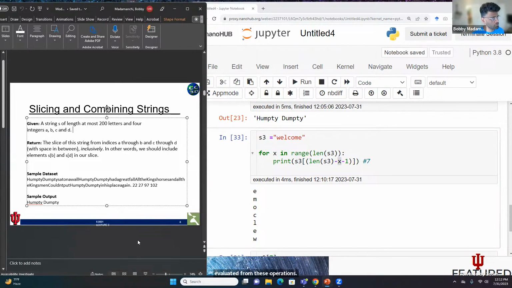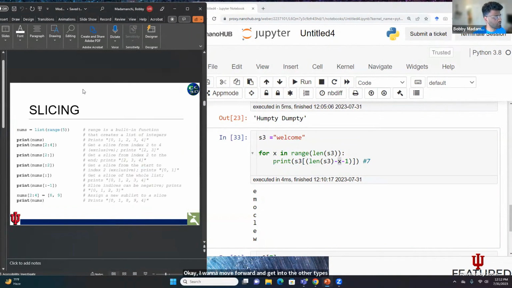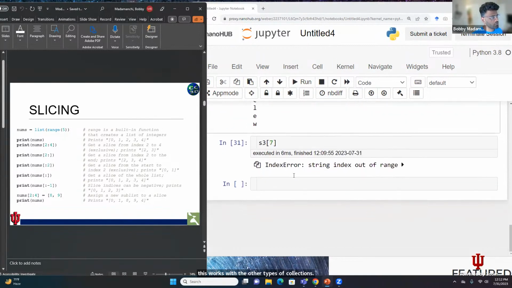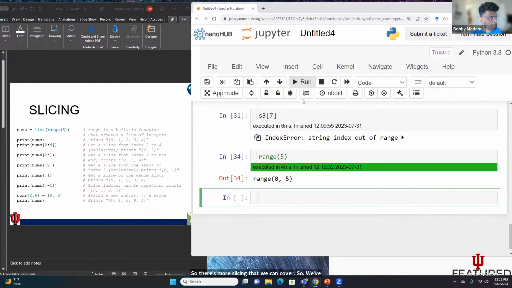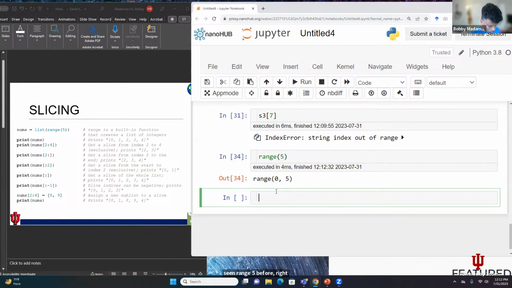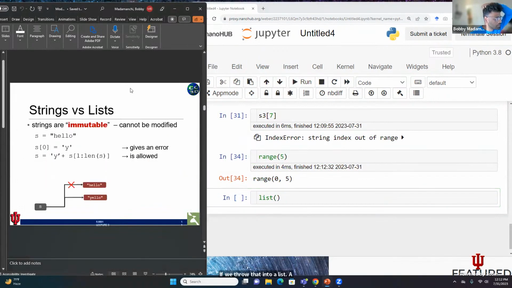Okay, I want to move forward and get into the other types of collections, because I think it's more obvious how this works with the other types of collections. So there's more slicing that we can cover. We've seen range 5 before, right? If we throw that into a list,